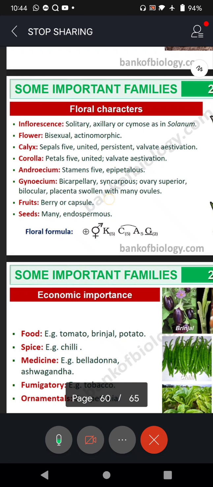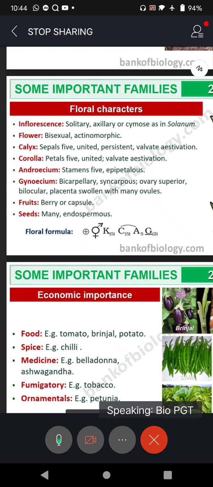And how many stamens are there? 5 are there. And the spelling, we are starting with the spelling ANDROECIUM, so we are using the capital A. And in that, how many are there? 5 stamens will be there. We can count. You take the flower and count. It will be 5. Are they united? No. They are free. So we are not putting a bracket. Under A, we are simply writing 5.